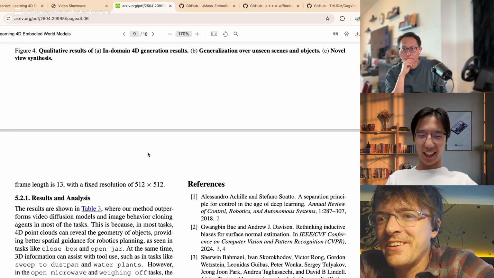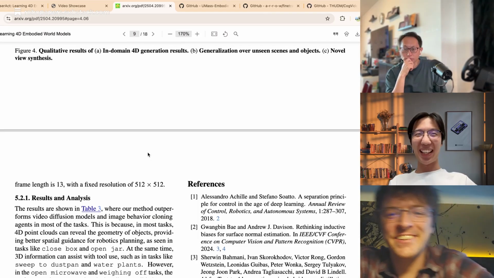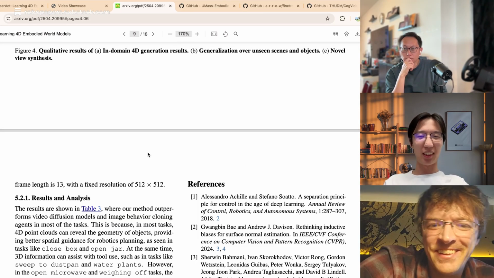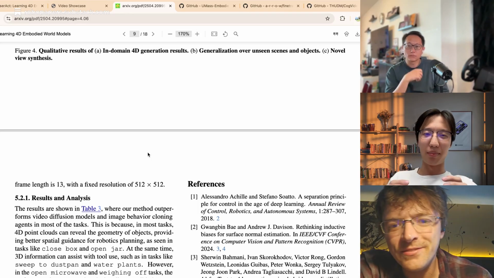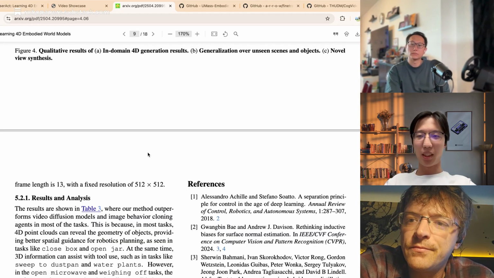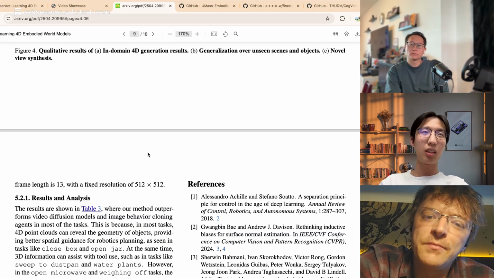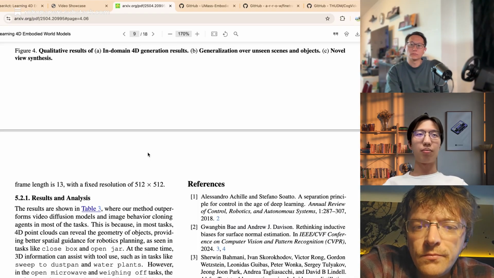Yeah, that's interesting. I think our model is better than their model for the video prediction part. It's because they use a vision transformer to predict next frames.